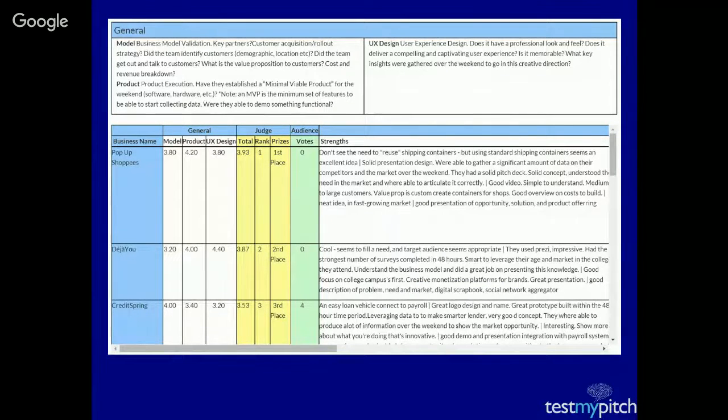So here's one representation, and again, this is just using our system, but it is certainly one organization's answer to this problem. And again, this is a totally different scorecard. Earlier we were looking at judge ballots. This is actually the results, and you'll see this is a different event than the 2 ballots we looked at. It's only 3 criteria, but you'll see the individual venture scores on each criteria, totals, their ranking, and so on. And then to the right, you'll see the text feedback. And besides strengths, if we could go further to the right, you'd see recommendations.